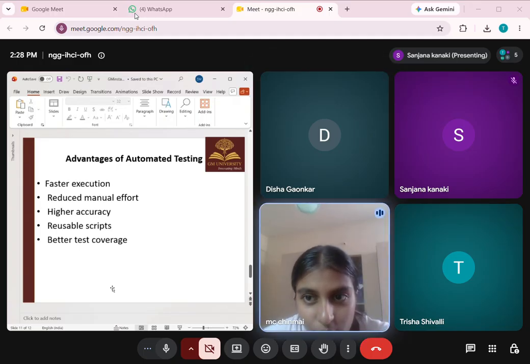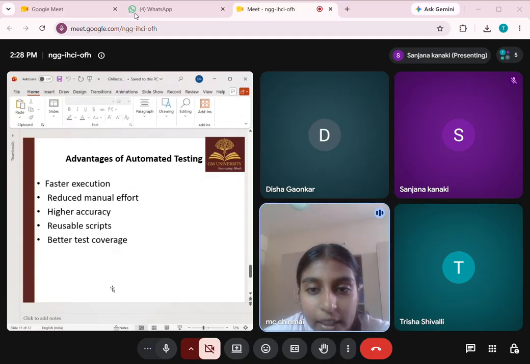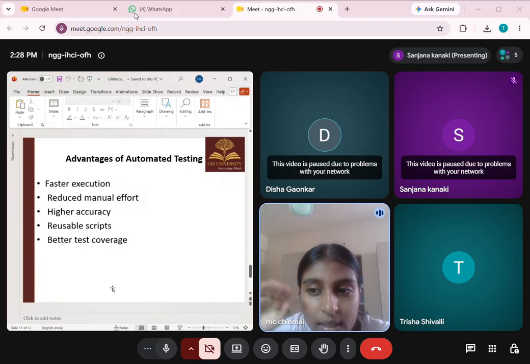that is the advantages of automated testing. We can use automation instead of doing it by hand. First, it gives us faster execution: the computer runs the tests in seconds. This means reduced manual effort, so we don't have to waste hours clicking the same button over and over.